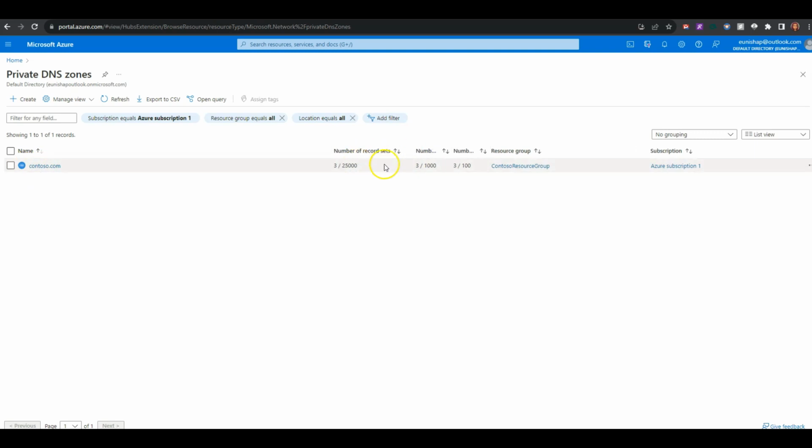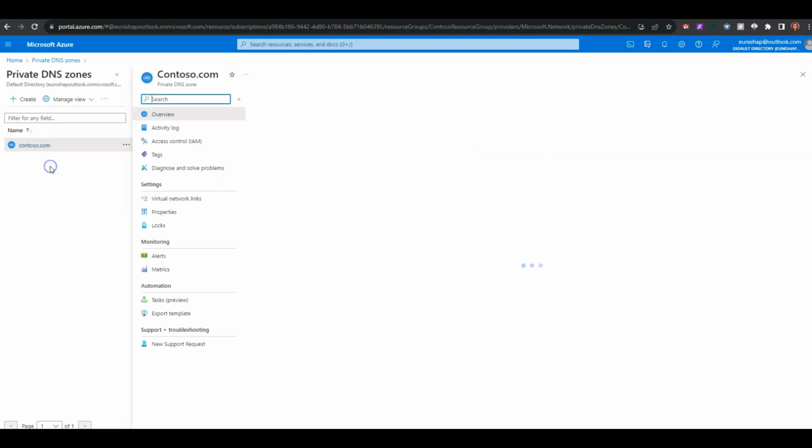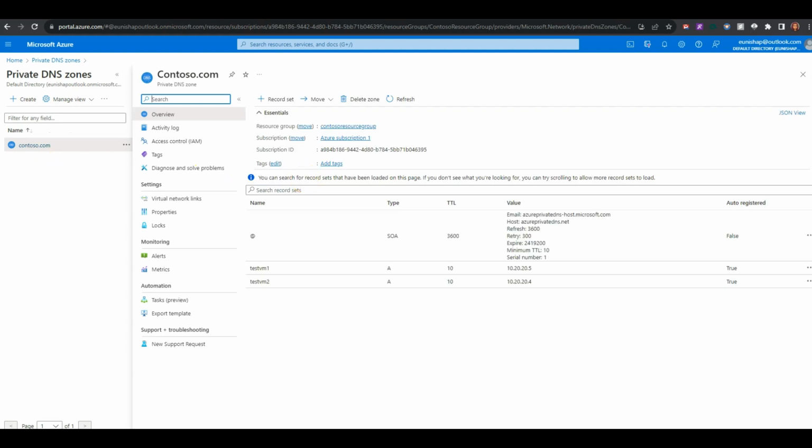We have 3 different sets of records that have been created as part of contoso.com. We have 3 virtual networks, and we also have 3 virtual networks that have network links with auto registration implemented within this private DNS zone. So we'll go ahead and click on the zone, and in the overview, here I can see that we have